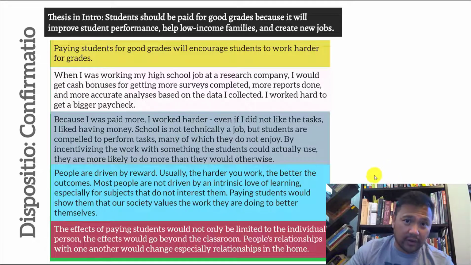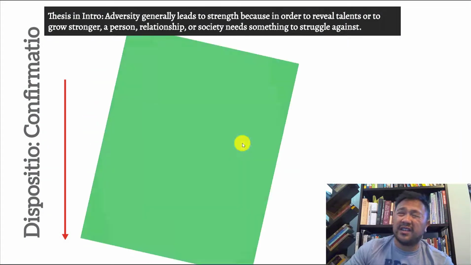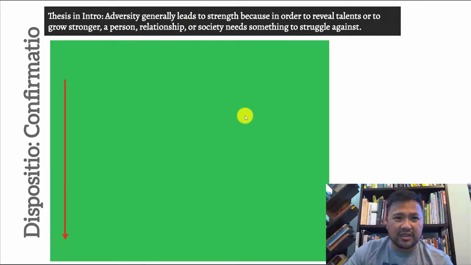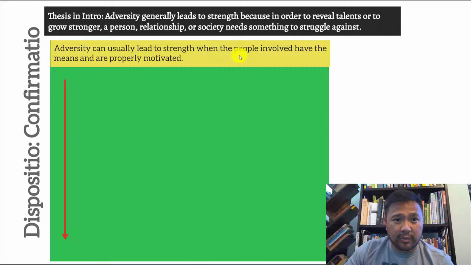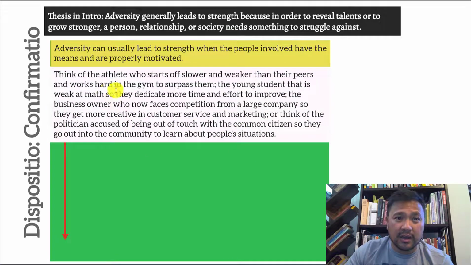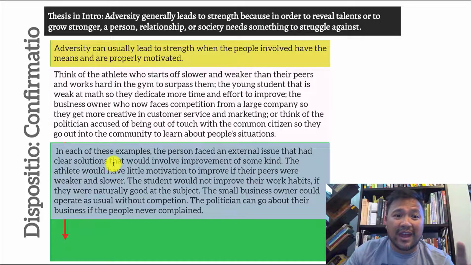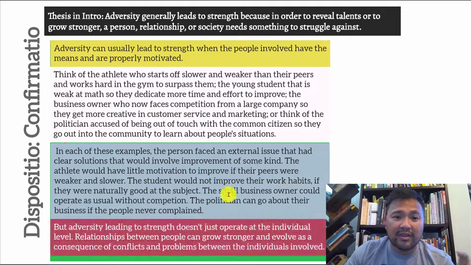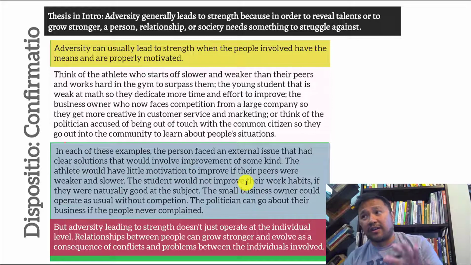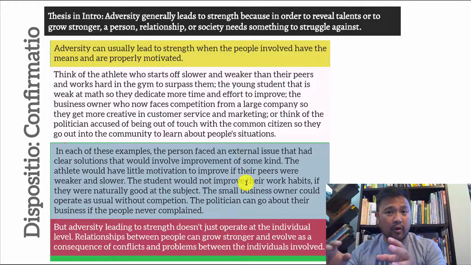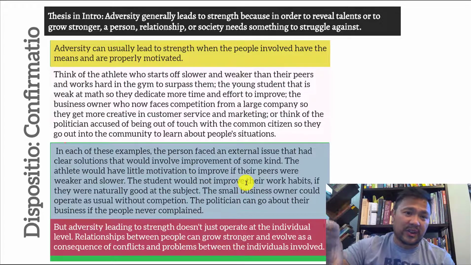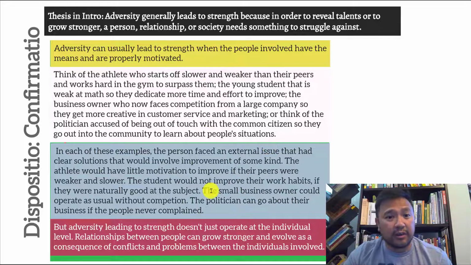Okay, let's take a look at another example. This is based off of the STID prompt, adversity leading to strength. So here's my topic sentence. Here's my list of examples. It's a whole series, right? Here's what they have in common together. And this is how they work and how they prove my point. And then a transition sentence. And again, this body paragraph shows you that third option when we were going over the different parts of a confirmation paragraph, where you just have a series of examples followed by an explanation. So you can pause and read and get a feel for it, but otherwise, those are the parts of it.